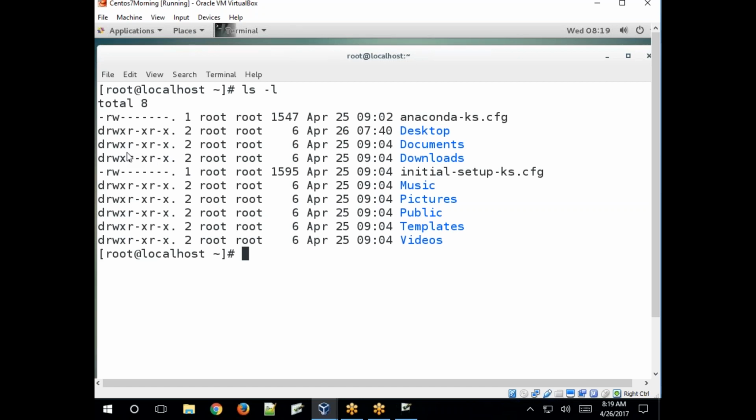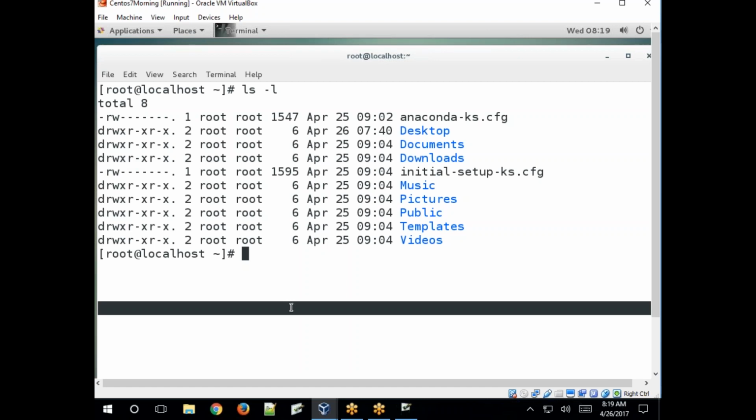The first field shows the file type. This is the permissions on that particular file. We'll see what permissions are later. Just understand, this is the link count. We'll see what a link is in later classes. And this is the owner of that file: who created that file? The root user created it. Which group does the file belong to?